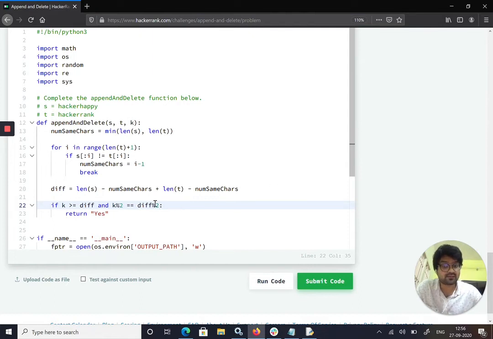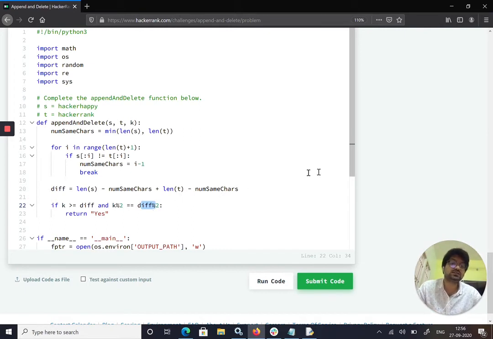Why are we making sure both have the same modulus 2 result? It's because we are making sure the k operations and the difference are both even or both odd; it shouldn't have one value extra.